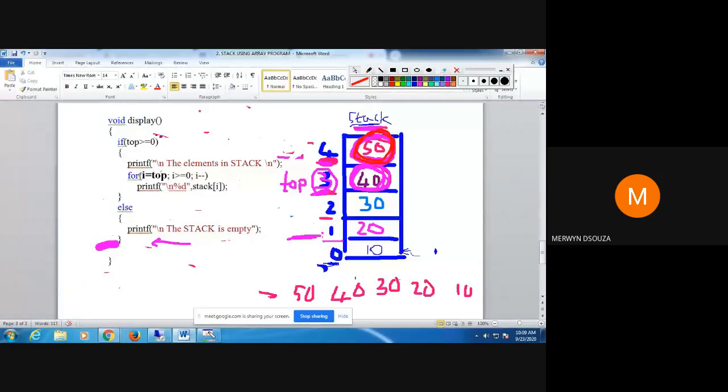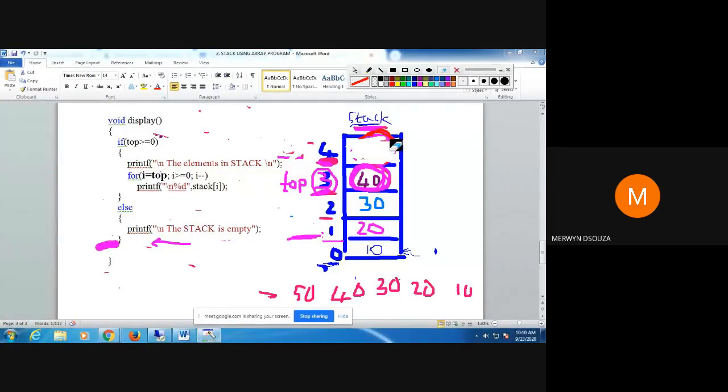So that's why I set the value of I here equal to top, since the value at index 4 has got popped. Although it is actually there, it is not shown when we display. If you're getting confused, when it means popped, this value is not going to be shown, but in the computer it actually remains.